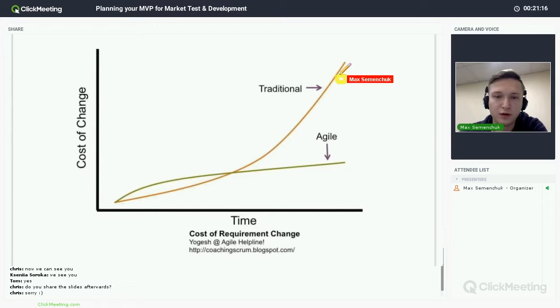The costs are really high when you're at the end of development. You need to do lots of actions to change something. When you go with the agile model and you build a UI prototype, then a functional prototype, then your iOS version, then your Android and backend version, each time it's easy.